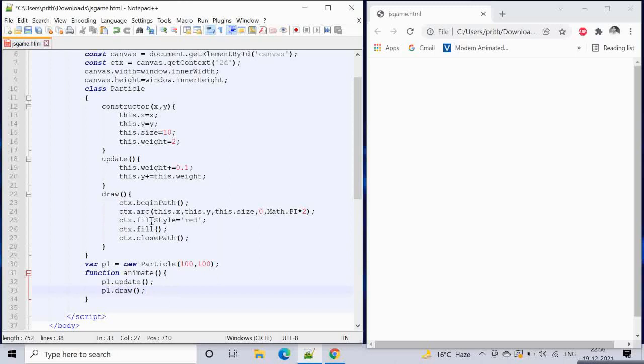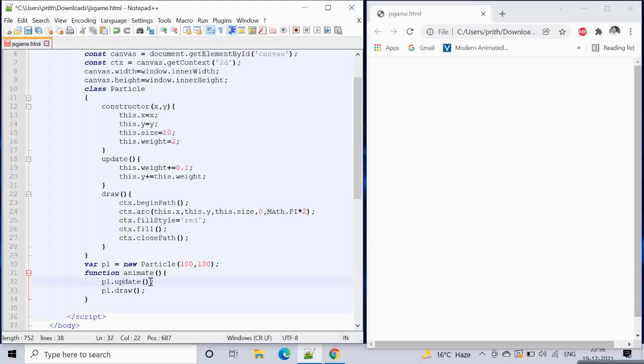This animate function will be called again and again, and for the particle which we have created, we are calling the update method. The moment the update method is called, it will change the position, and we are drawing the ball with the new position.